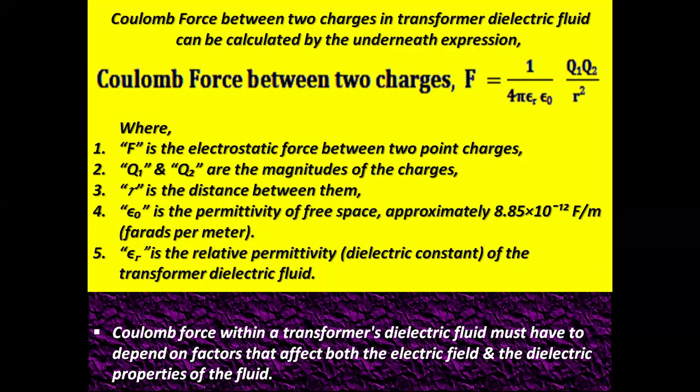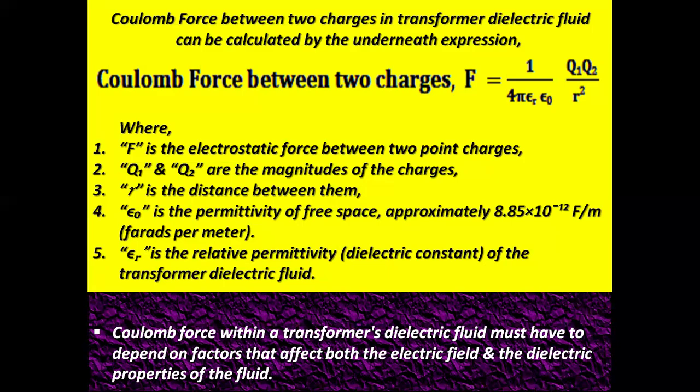Coulomb force between two charges in transformer dielectric fluid can be calculated by the underneath expression. Coulomb force between two charges F equals 1 by 4 pi epsilon r epsilon 0 into Q1 by Q2 divided by r square, where F is the electrostatic force between 2 point charges, Q1 and Q2 are the magnitudes of the charges, r is the distance between them,